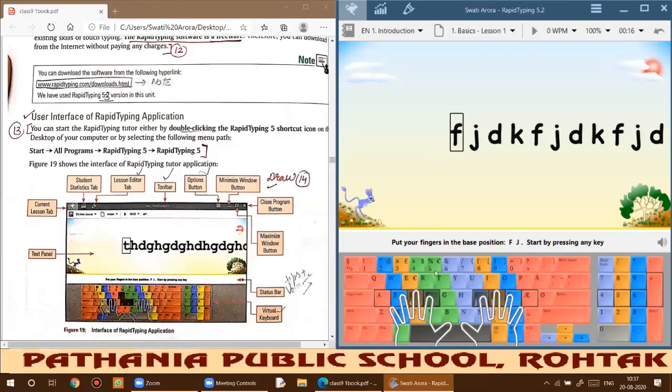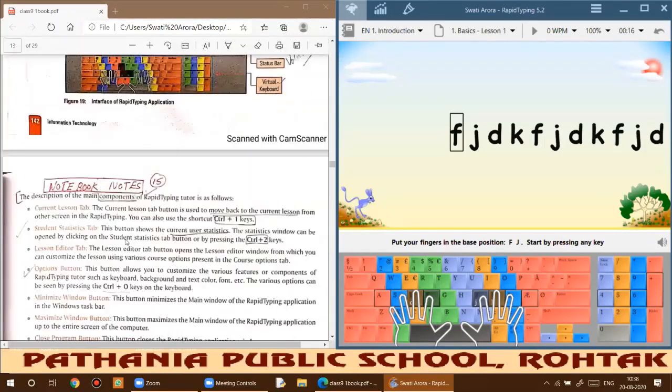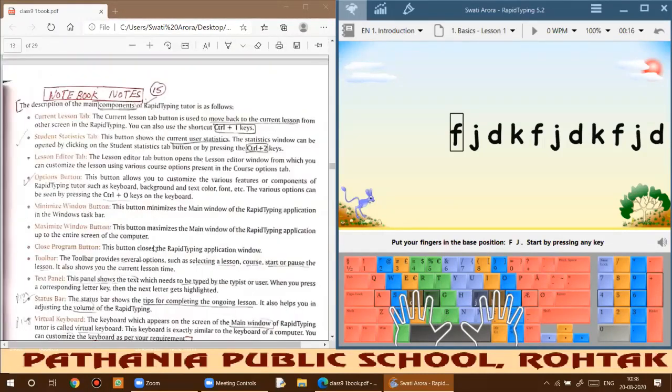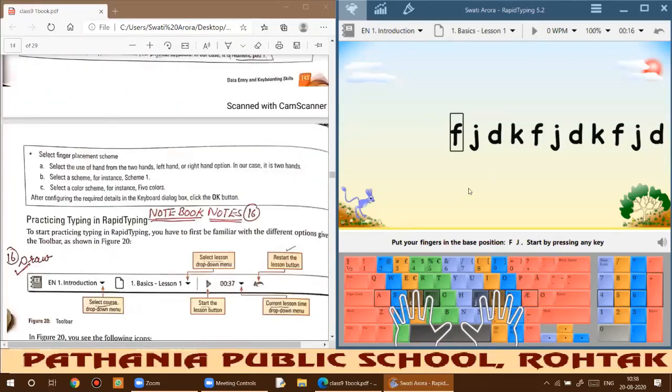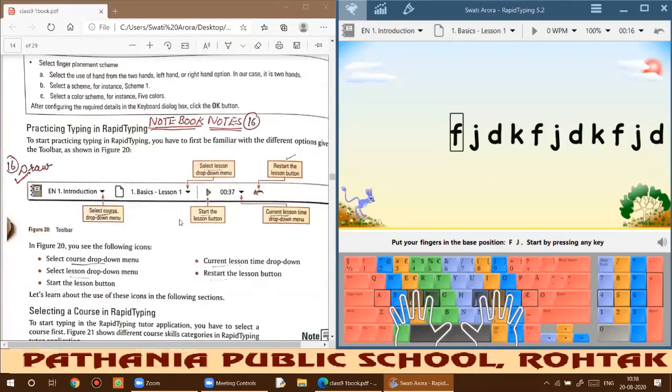Then is your virtual keyboard. Why is it known as virtual keyboard? Because it is showing the keys which are present on the keyboard, not physically on your device. They are not present physically on the device, this is on the screen only. You cannot touch it otherwise, so that is why it is known as virtual keyboard. This is your text panel where the text will be displayed that you need to type with this virtual keyboard. Okay, so next, this we have discussed in last lecture also, and today I have again given you a little bit of introduction about it.